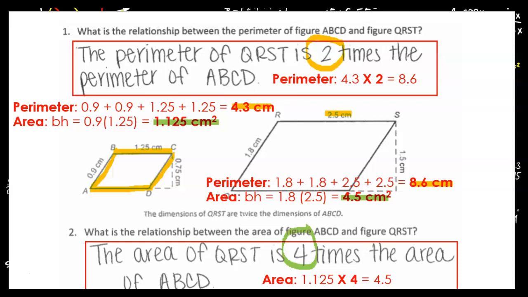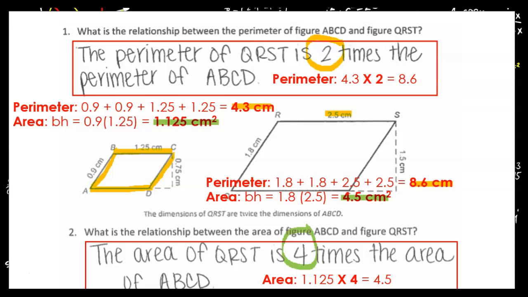All of the dimensions are doubled. So why is the area not doubled? I want you to think about that question. If the dimensions are doubled, the perimeter is doubled, why is the area not doubled? And so this comes into our dimensional